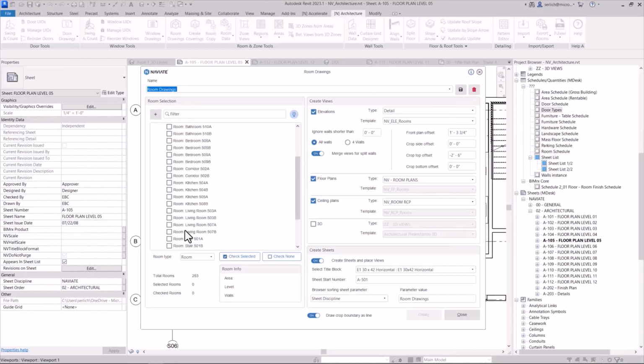You can see that the tree allows us to select the rooms by level. I can filter to find a particular room, but I can simply also just select in the UI which rooms I want to create these enlarged room drawings for. It will even show me at the bottom how many rooms I have checked, and then I can go in